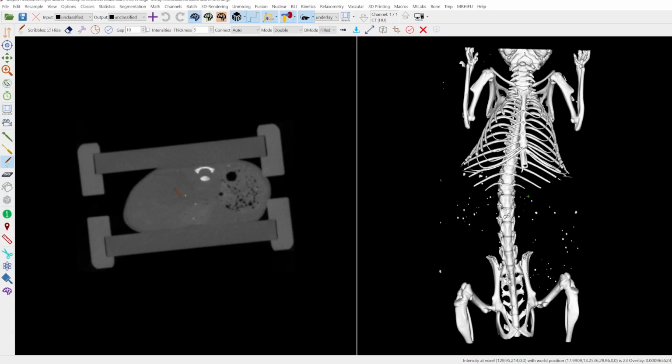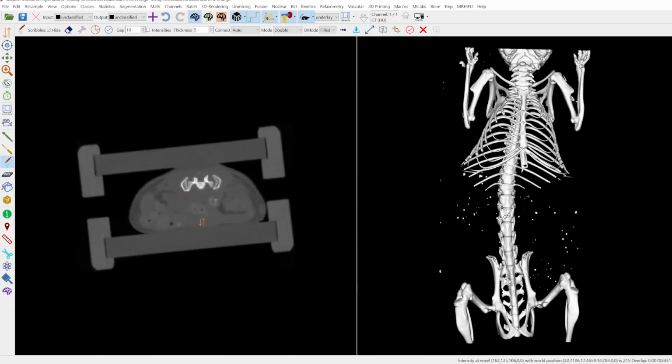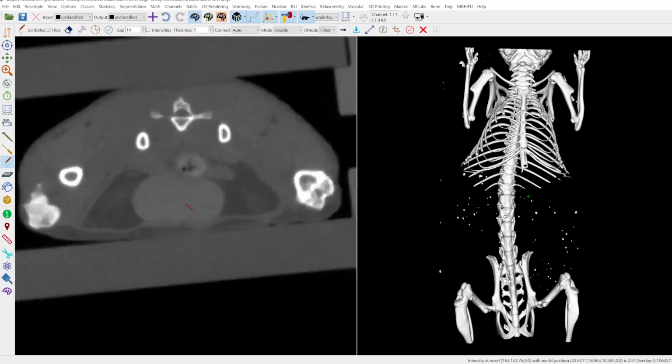You can use the scribbles to delineate organs or structures in a few slices to get a 3D shape. They look like this. And you can draw scribbles only in the 2D slice views, not in the 3D rendering. But what we have here for an example data set is a CT scan of a mouse. Now we would like to use these scribbles to delineate some organs, for example, the urinary bladder. You can find it here.